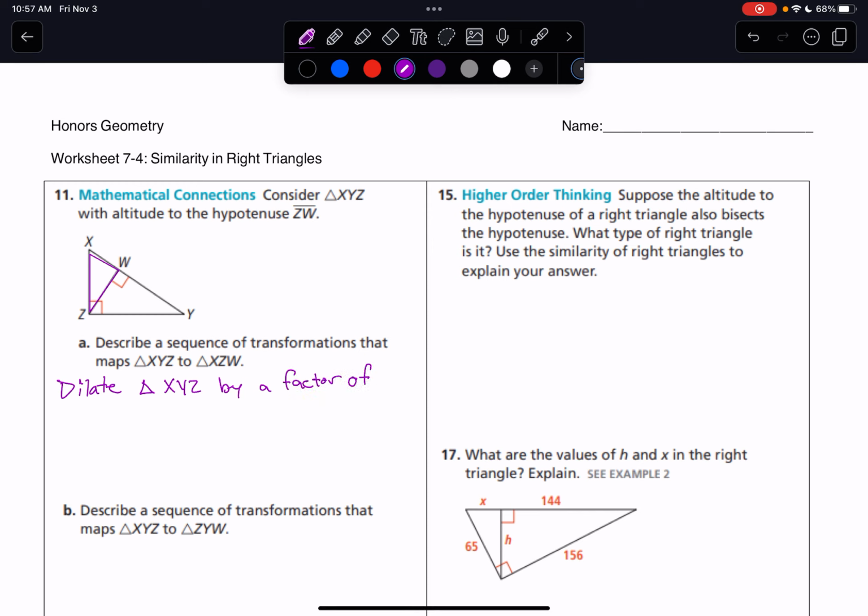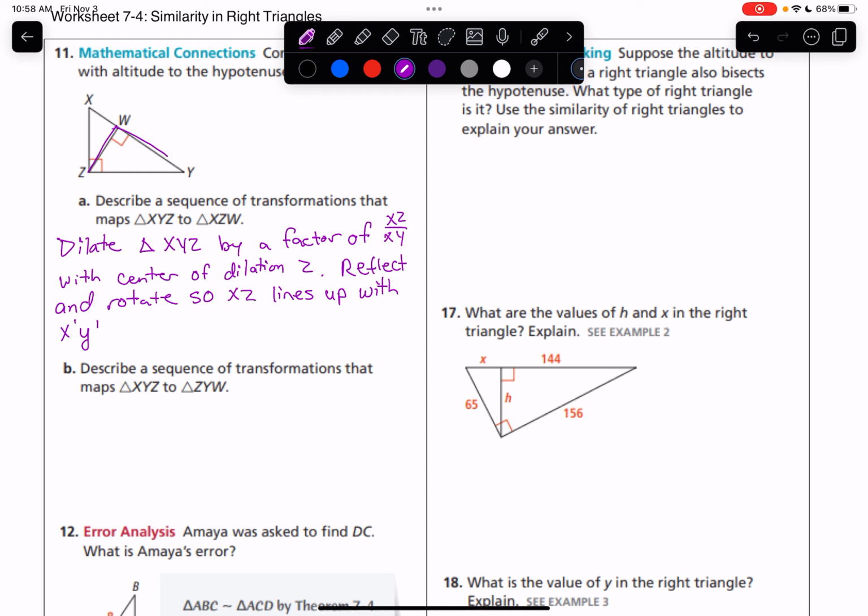B, describe the sequence of transformations that maps triangle XYZ, the large triangle, onto triangle ZYW, the medium-sized triangle. So again, this whole problem is just showing us how the three triangles in this picture are similar. So to make it the medium-sized triangle, of course, we would have to dilate because we need to make XYZ smaller. So dilate